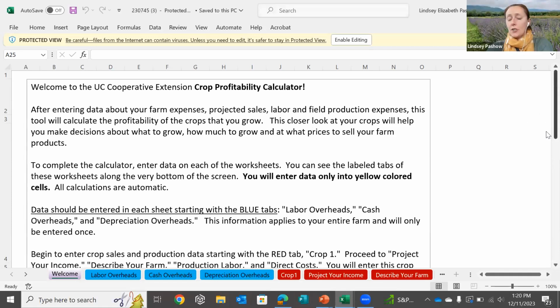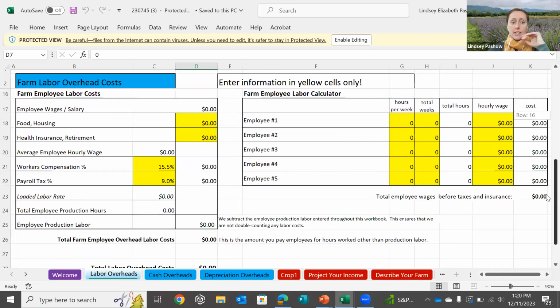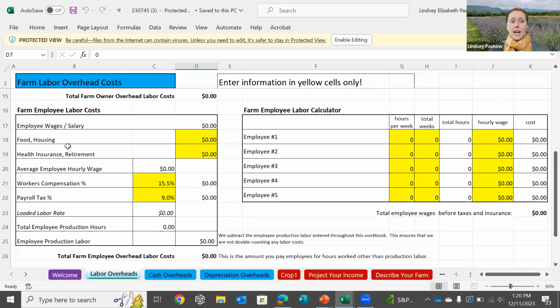I like to show this one because it's a full-on profitability calculator. I think it's a wonderful resource because it has a lot of different broken up sections in this Excel spreadsheet for an operation. It has your labor overhead, all the things that you need to consider when it comes down to your wages, housing, insurance,